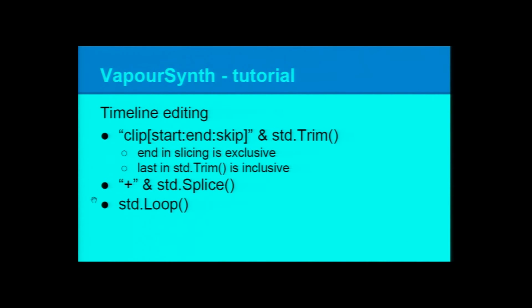And if you want to concatenate two videos, just like this, we can trim the mosaic effect result plus the border result plus the frame rate adjustment result. Then finally we will get the movie clip result like I showed before. Okay, if you want to loop a video, you can call std.loop.